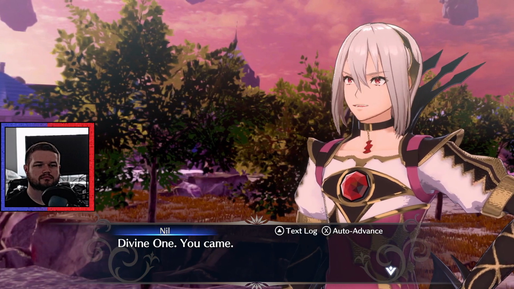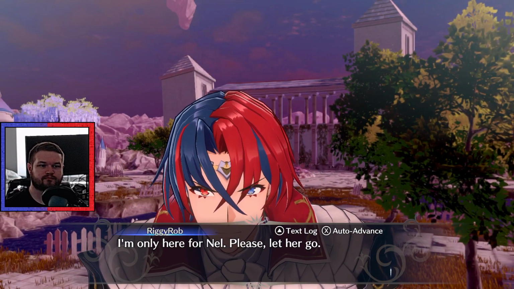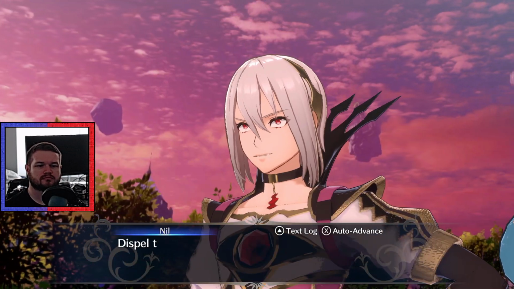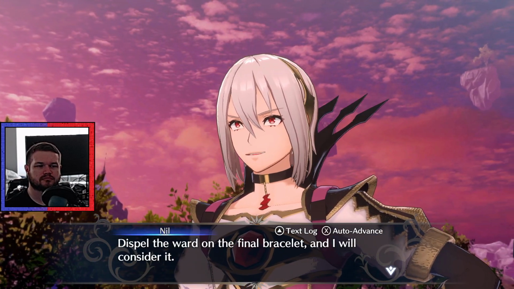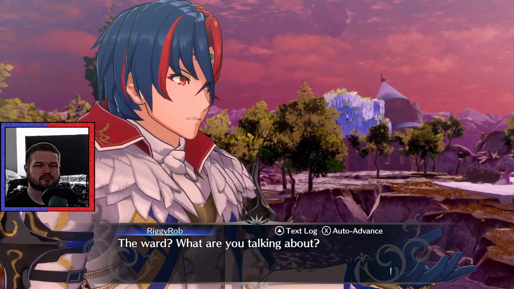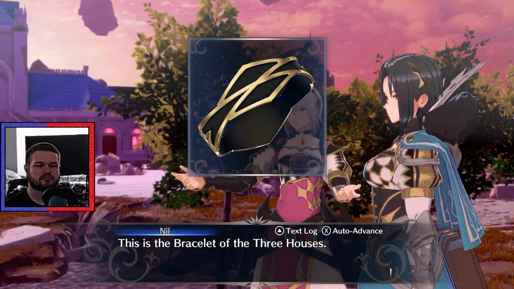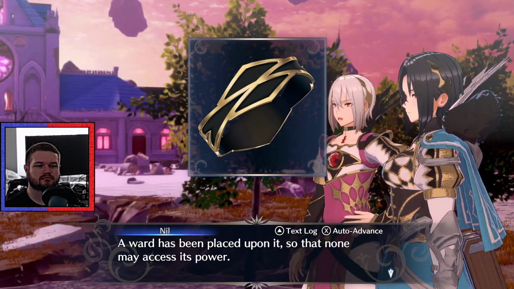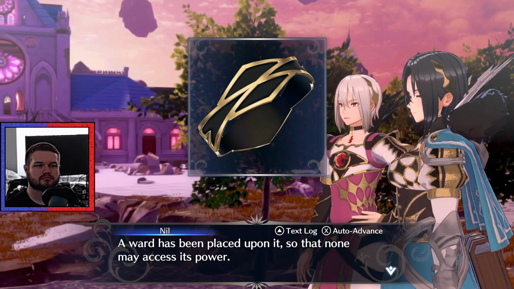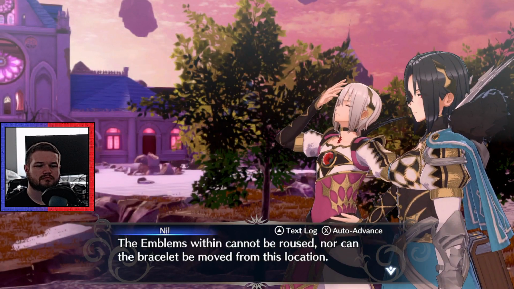Divine One, you came. I'm only here for Nil. Please, let her go. Dispel the ward on the final bracelet, and I will consider it. The ward? What are you talking about? This is the bracelet of the three houses. A ward has been placed upon it, so that none may access its power. The emblems within cannot be roused, nor...